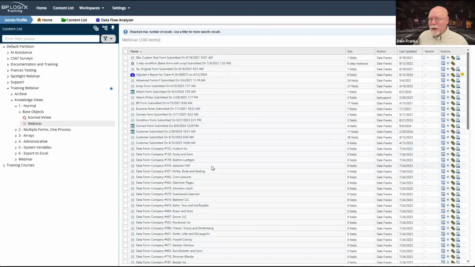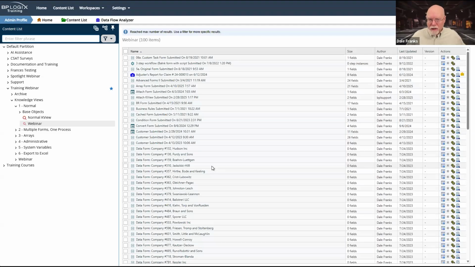Sorting does not happen during the search. It's going to just look in the database. It's going to find the first 100 records and it's going to return them. Only after those records have been returned and are ready for display in the client does the sorting occur. The sorting in a knowledge view occurs locally.